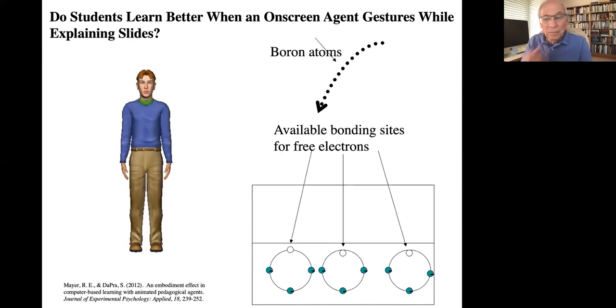Lastly, let me look at the embodiment principle. Oh, I'm doing okay for time. The embodiment principle is the idea that students learn better when the on-screen instructor gestures while explaining the slides. So it can either be an animated on-screen agent, or it can be, let's say, an instructional video that shows an actual human instructor. The idea is if that instructor uses human gesture, so you use your hands, you use facial expression, you use eye contact, even body stance, those features